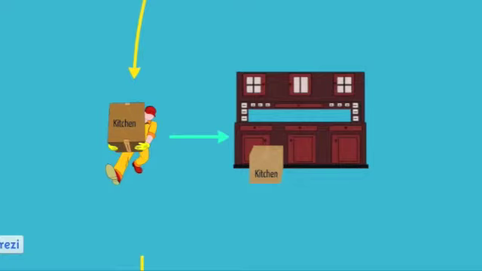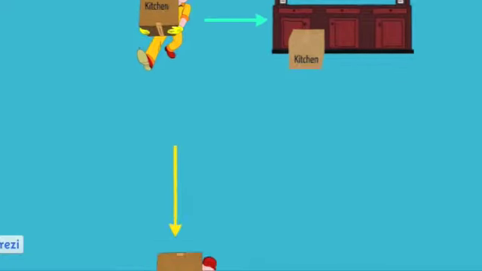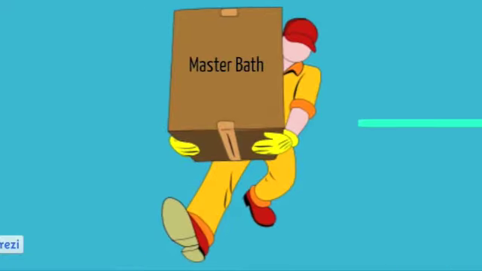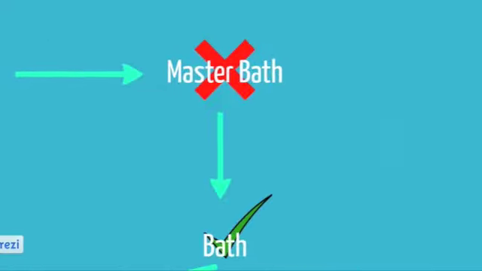Now that's an easy one, but some higher logical thinking comes into play if you move from a home with a master bath and a bathroom to a home with only one bathroom. Is the box labeled master bath? True. Is there a master bath in the home? False. So ignore the master bathroom on the label and just place it in the bathroom. It's simple logic, but something you'd have to write out explicitly for a computer.